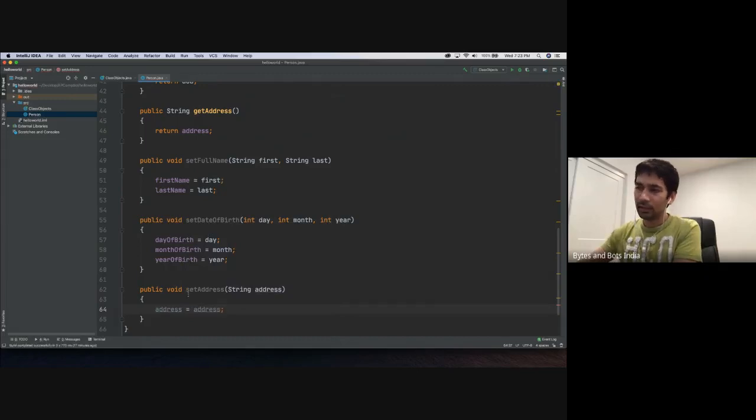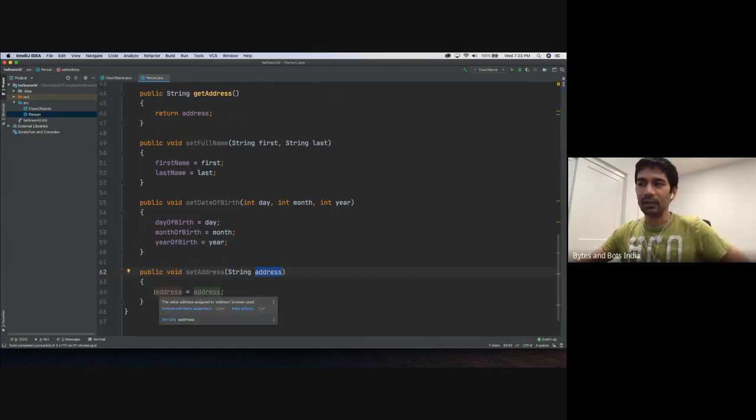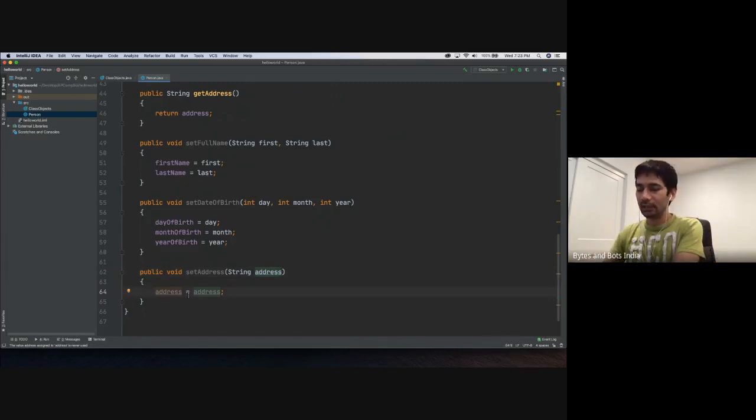Now there's a problem again, because our parameter name matches the property name of the class. So if we do this, what will happen is when the user provides an address, this is saying take that address and assign it to itself. So you want to tell Java, hey, don't do that, assign it to this object's member variable. So that's why we write this. So now once we have done this,